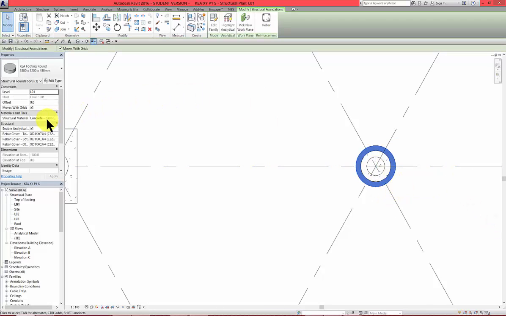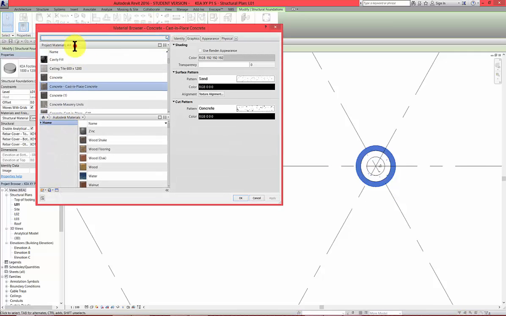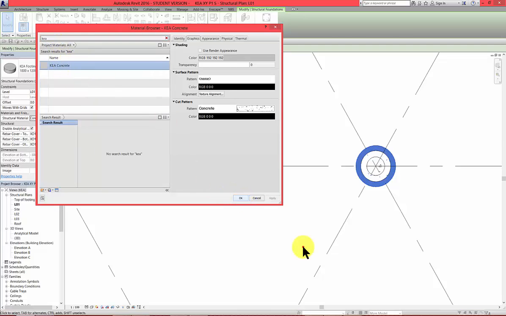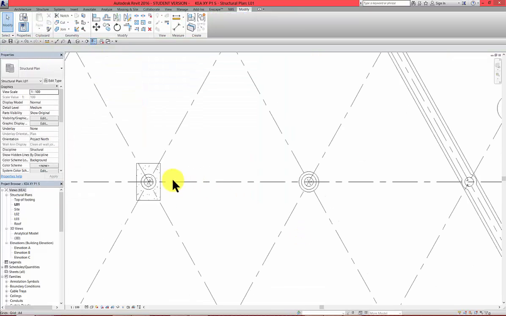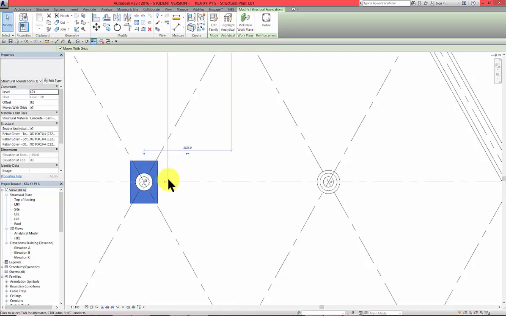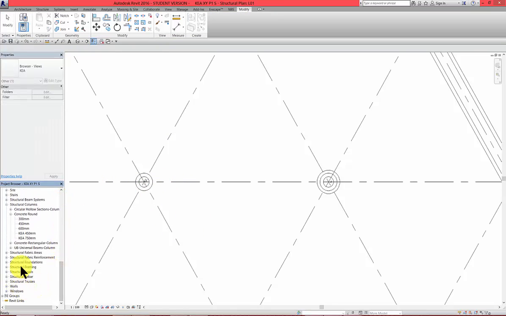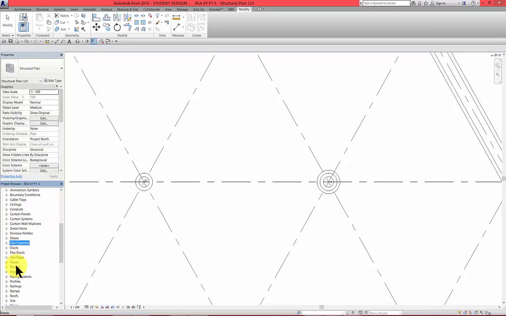If we select this, we can also change the material for Kia concrete, and we can delete this one. And also I would like to clean up our families. Go to project browser, families, structural columns,